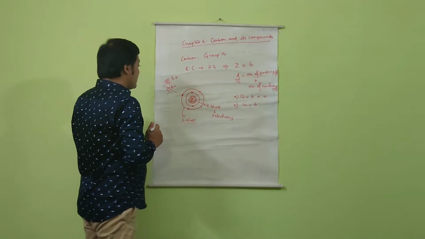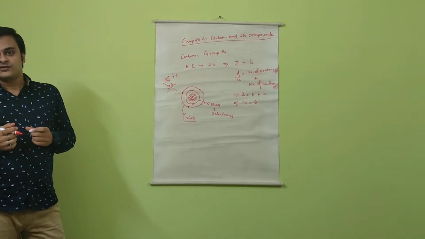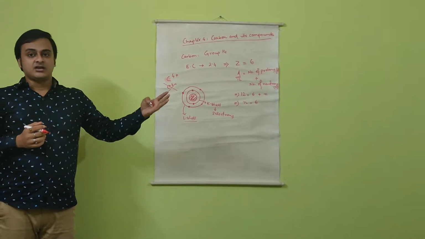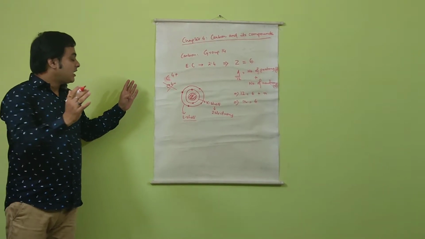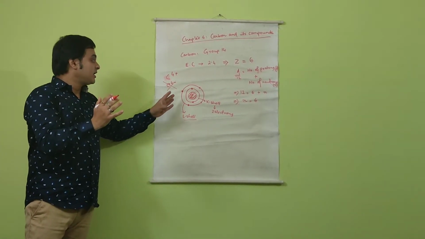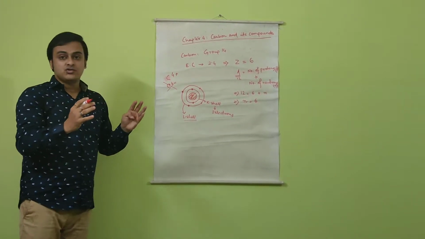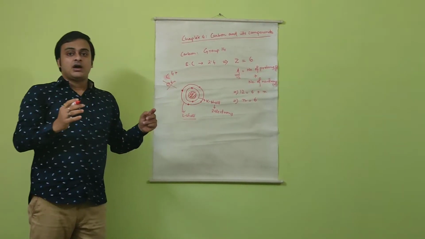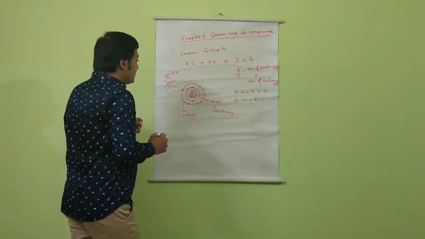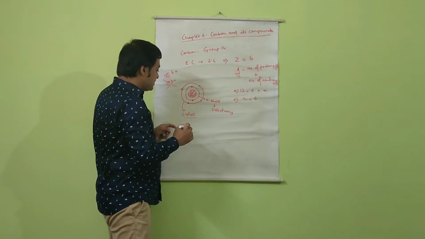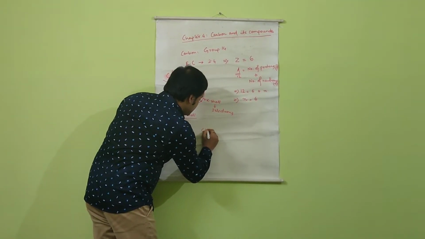We will look into this aspect now. Another way is by sharing of electrons. That means with other atoms, carbon attains the outermost configuration of 8 electrons by mutual sharing, and this way a covalent bond is formed. As an example of that, let us consider the case of methane, that is CH4.